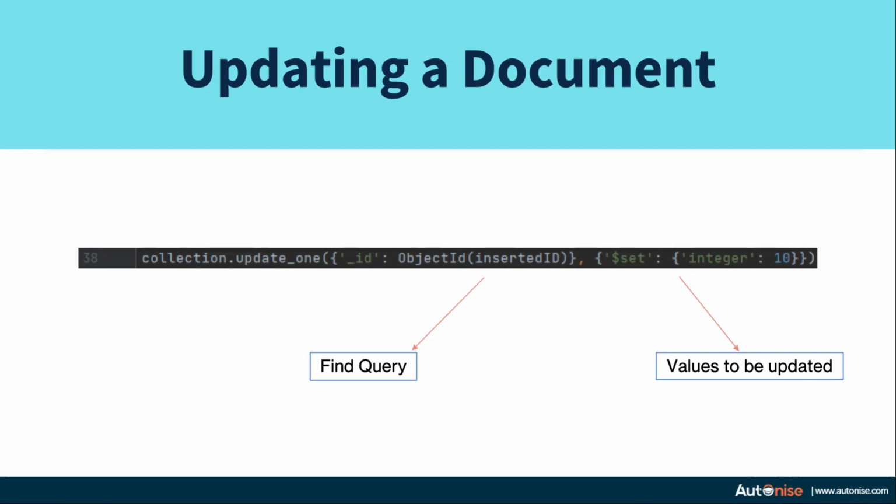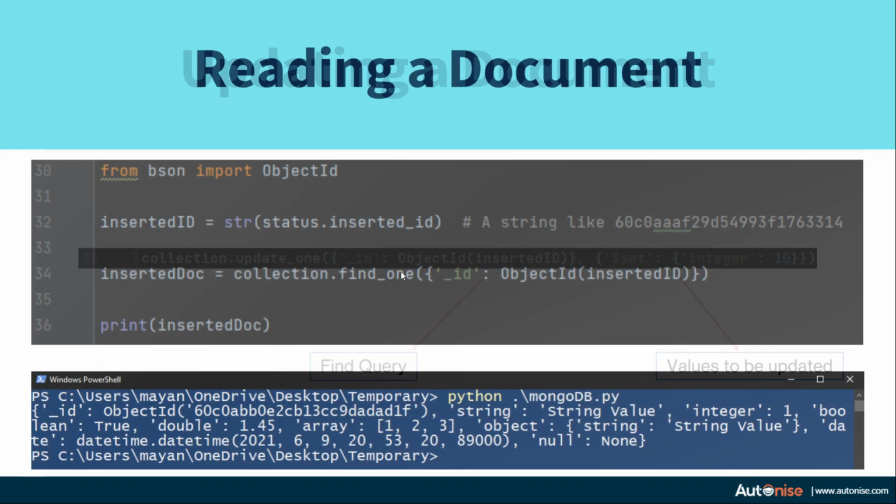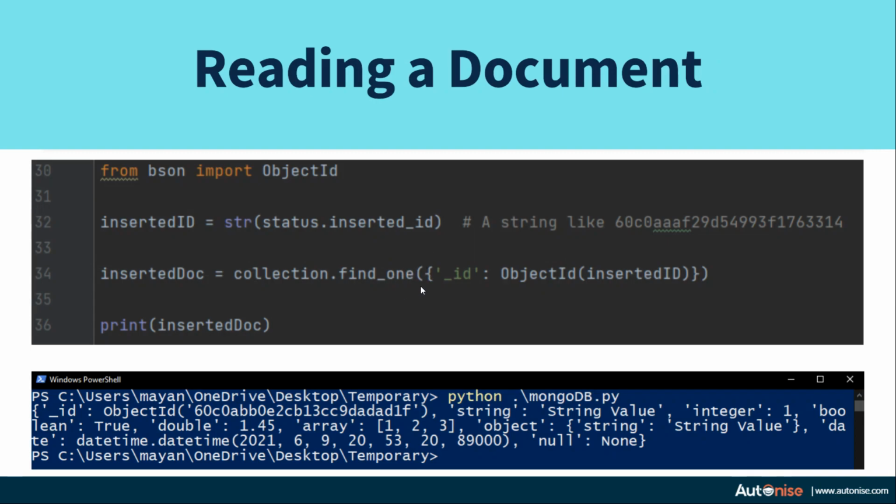Next, updating the document is fairly simple. You can do it in just one statement. The way to do it is you use the collection.update_one function in which you need to pass two arguments. The first argument is the find query. To update the document, you first need to find it inside the collection, and we do that by using the find query, very similar to the find_one statement where we pass in the key value pairs corresponding to the documents that we want to find.